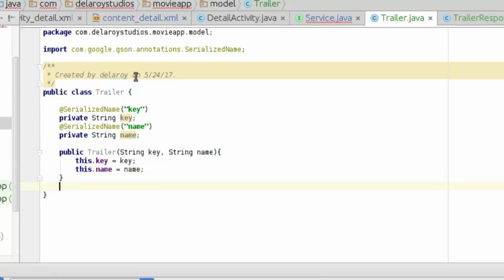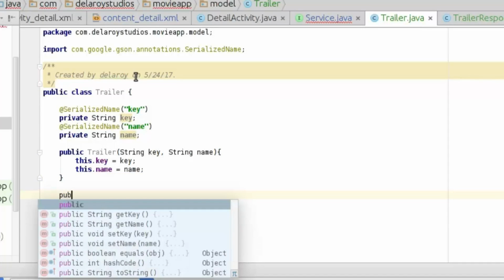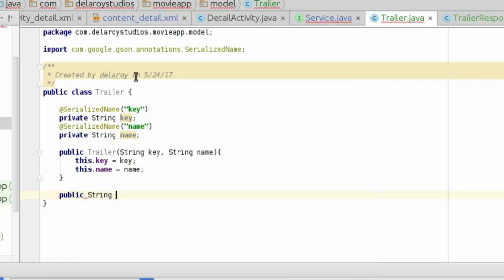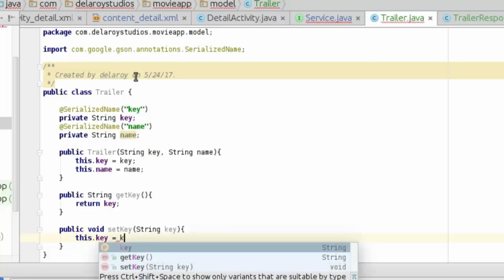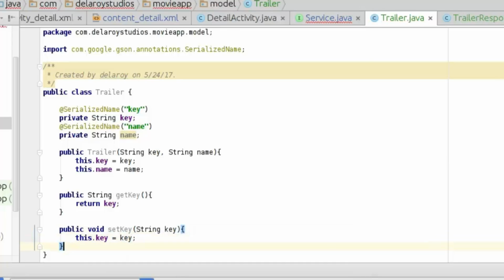Now we're going to use a set and get to actually create the method. The first one is going to be public string get key, return key, public void set key, string key, this key equals to key,